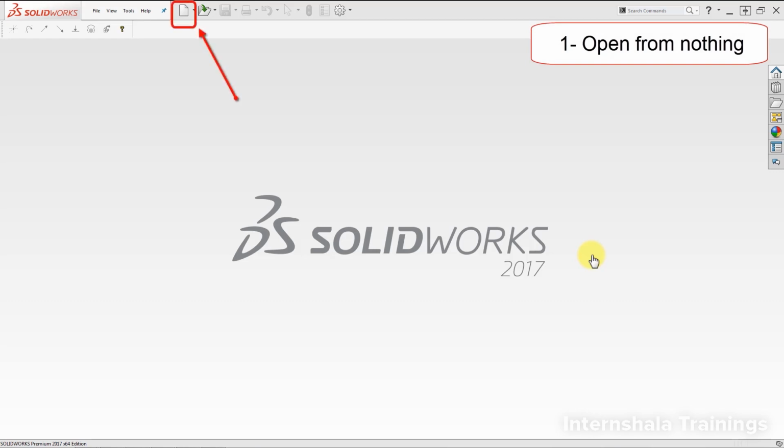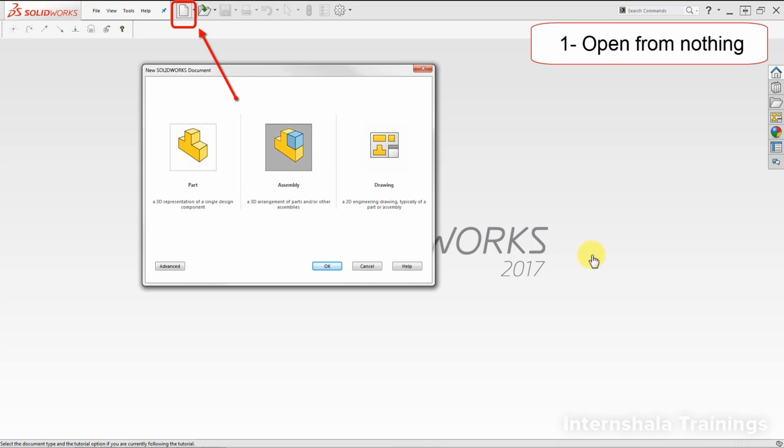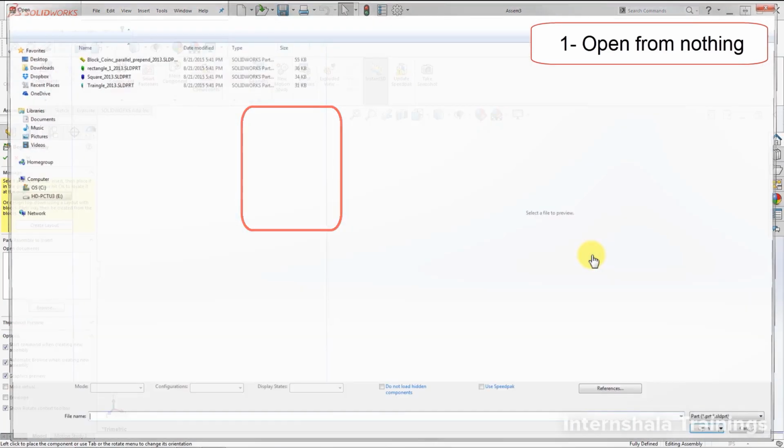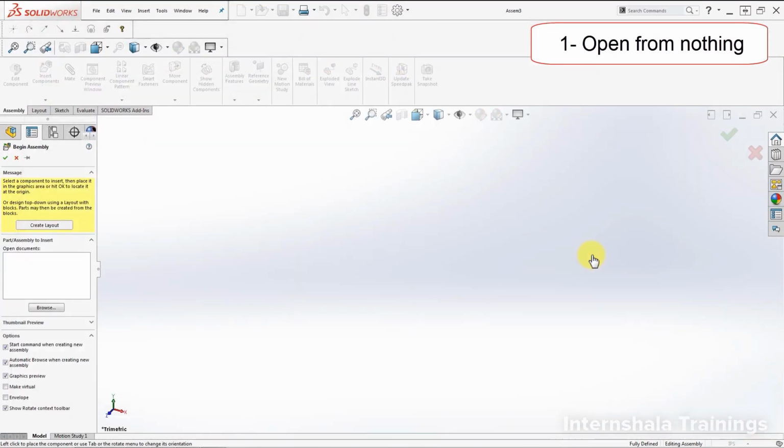To do that, we're going to the New and click on it. And then here we get three options. We are going to choose Assembly and then click OK. Now we are inside an assembly file. If we look at the left,